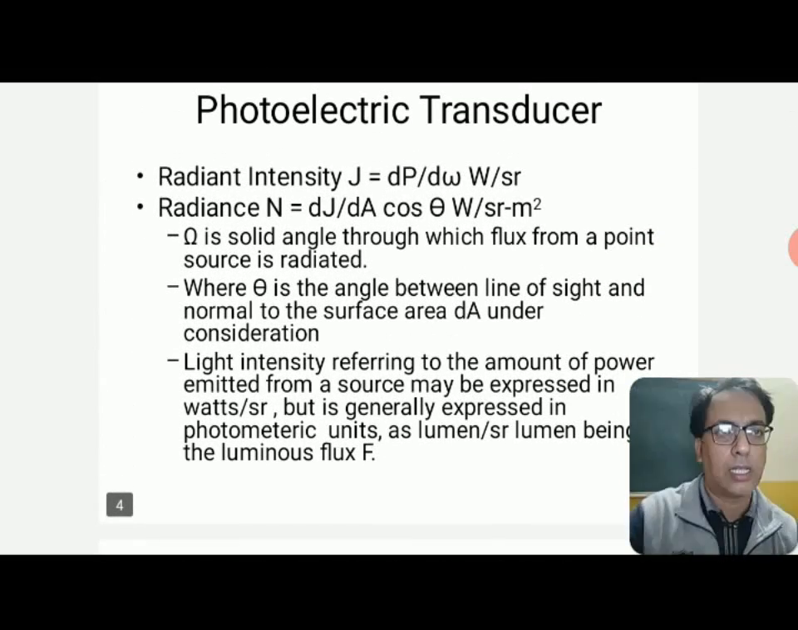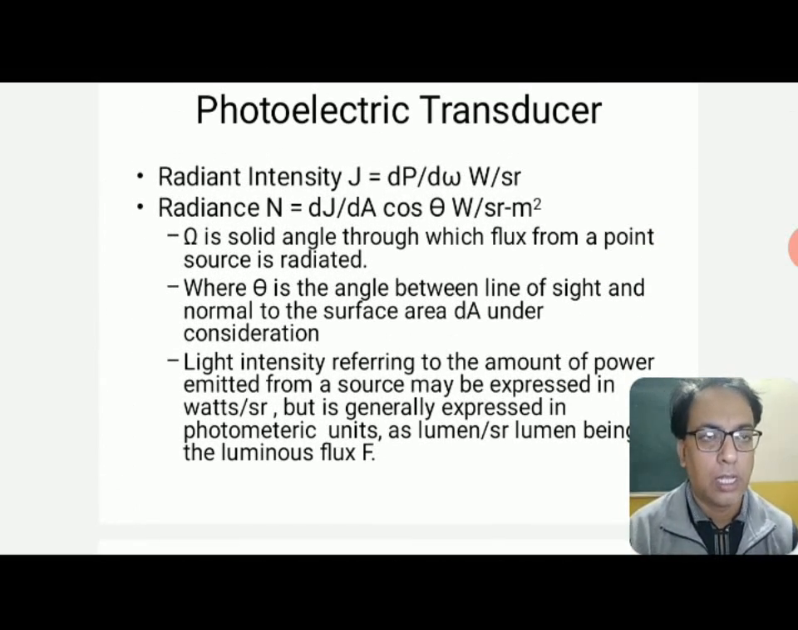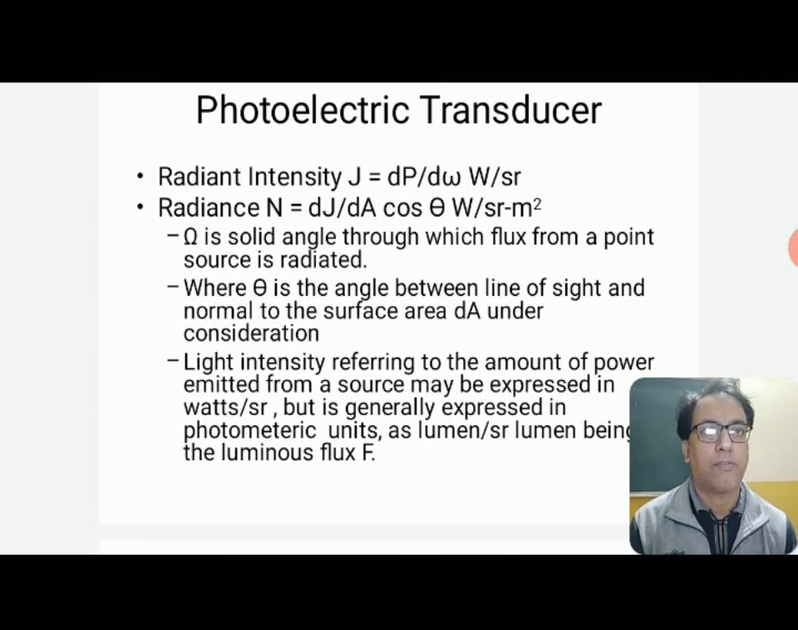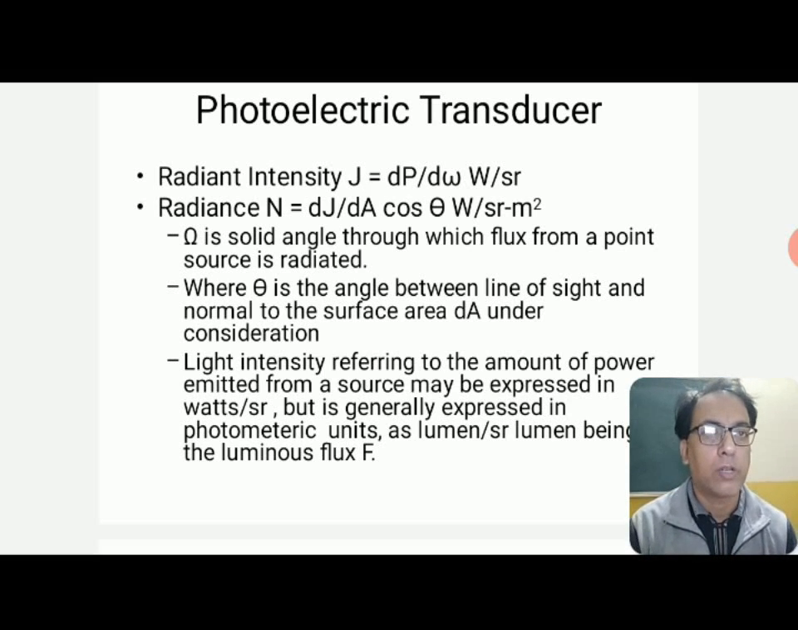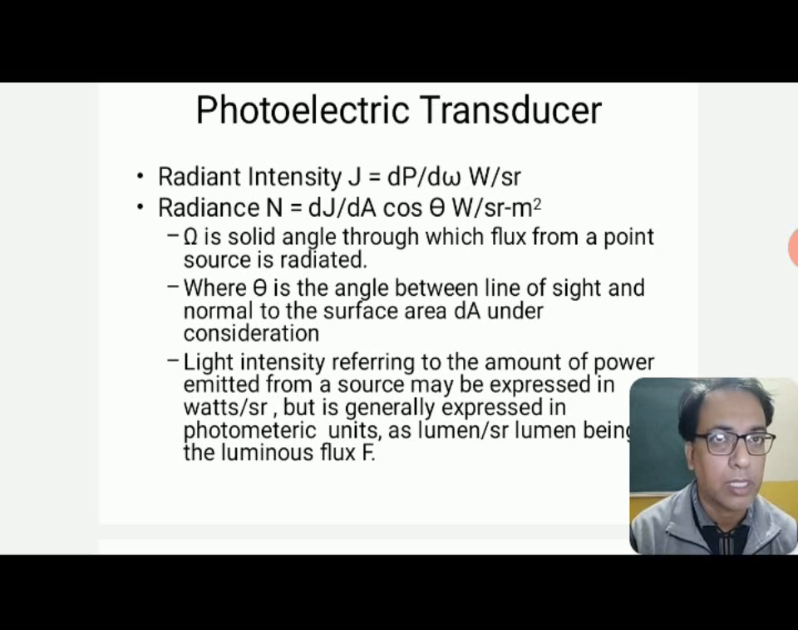Now the second class of parameters. Radiant intensity J is equal to dP by d omega. This is power per unit solid angle, given by radiant intensity, which is watt per steradian. Now the next parameter is radiance, that is dJ by dA cos theta, which is expressed as watt per steradian per meter square, where